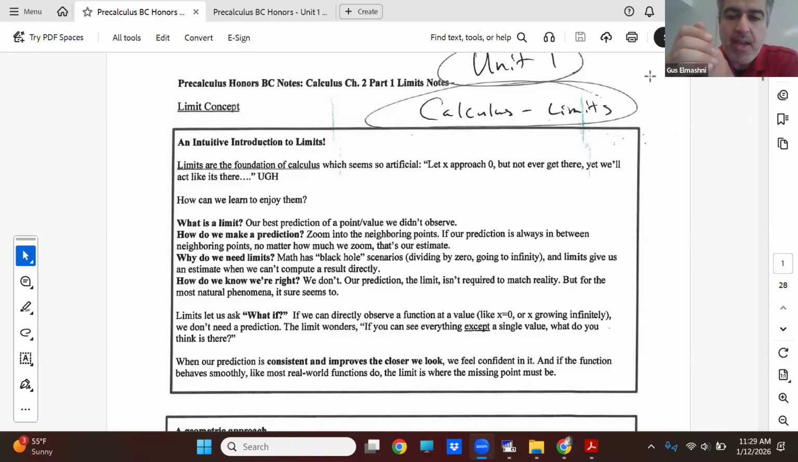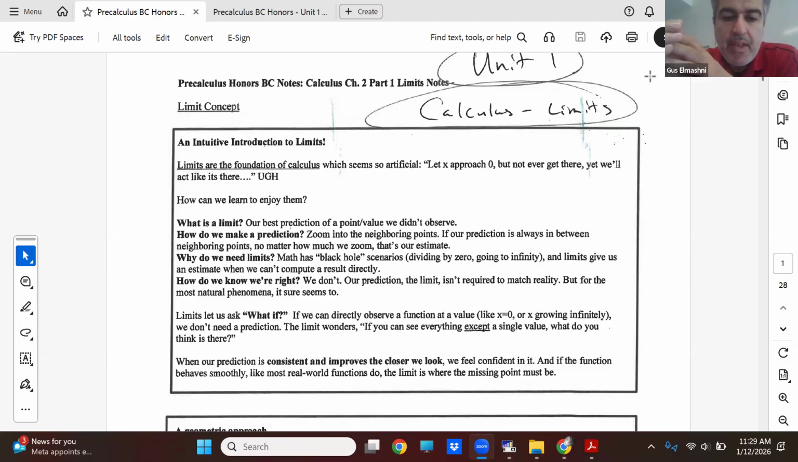Why do we need limits? It gives us an estimate of what we can't compute directly. We do use it often for derivatives also. That's the other reason why we need it. How do we know we're right? We're not really sure, but what we do know is that if we plug in numbers close, you can use that to